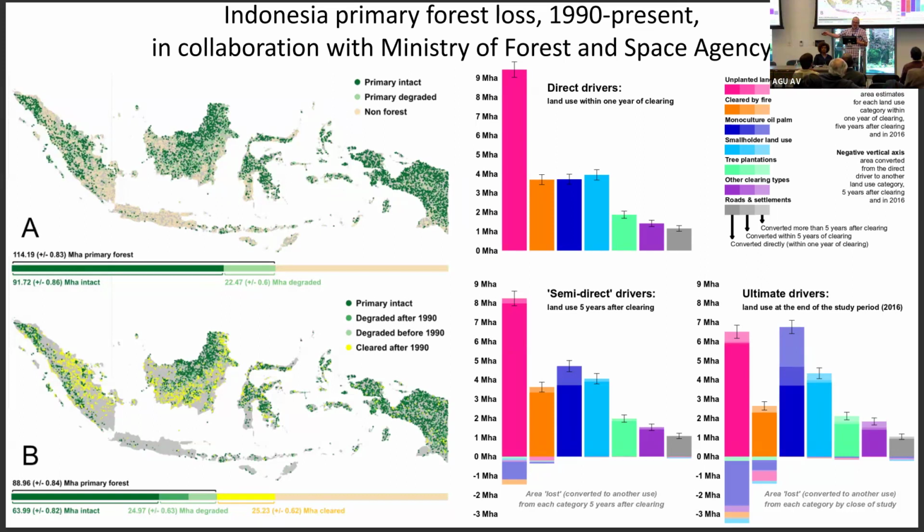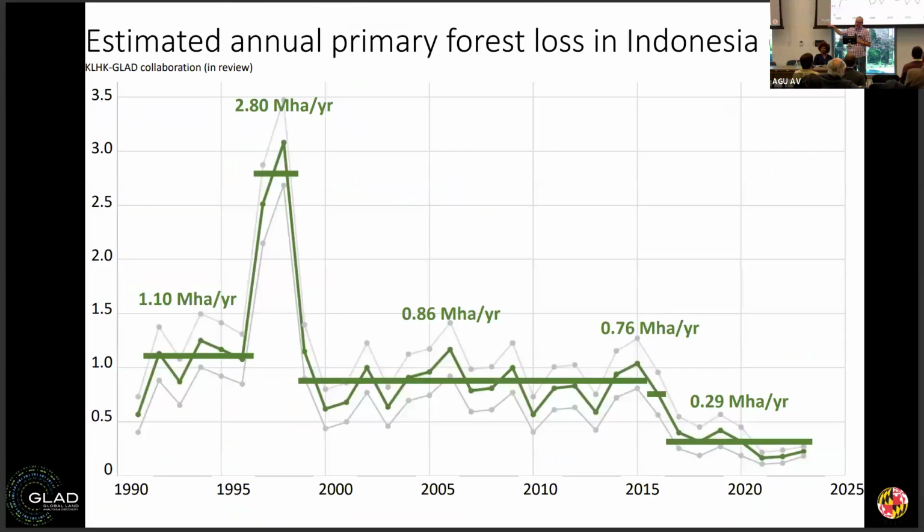Indonesia's example is that Indonesia has over 6 million hectares of idle land, and most of that idle land ends up being in palm. This is the Indonesia sample-based 30-year record where you have 0.3 million hectares per year for the last 7 years of the Jokowi administration. Prabowo is coming into power and has plans for, I think it's 12 million hectares of food estates and biodiesel. So this might prove to be an ephemeral success. The idea about environmental protection is you have to win forever.